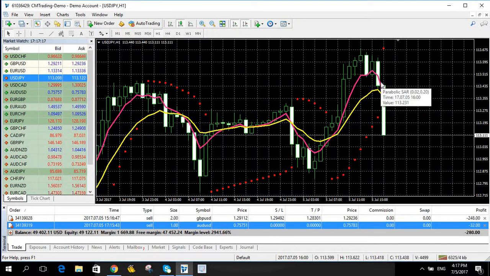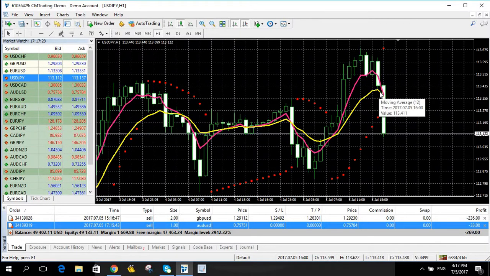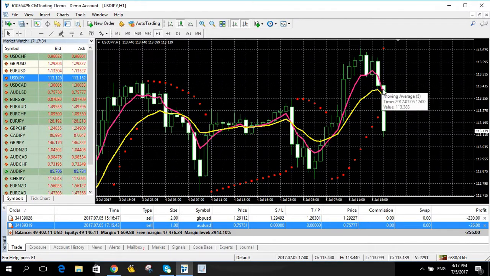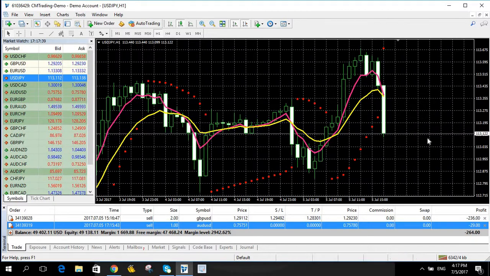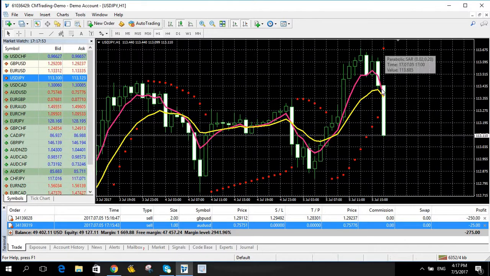You have to wait for the EMA 5, that is the deep pink line, to cross below the moving average 12. When the 5 crosses so that it is below, then you place the trade. So even as it's moving now, you don't have to place a trade. You have to respect the rules. So here, though the dot is showing up and it's trying to cross, still you have to wait.